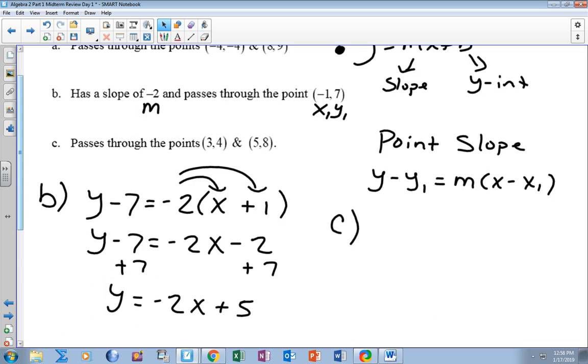The first thing we have to do is find our slope. So M is going to be what? How do we find a slope? Here are my 2 points. Just give me the numbers. 3 and 4. Okay, 8 minus